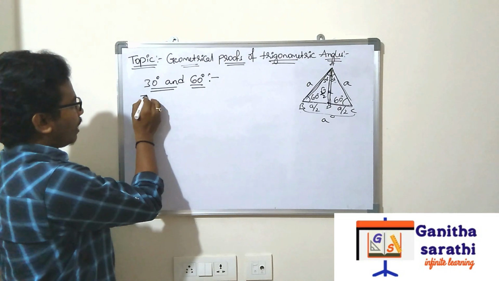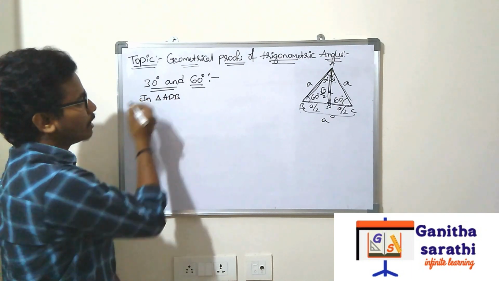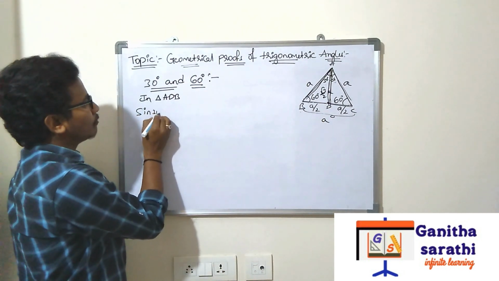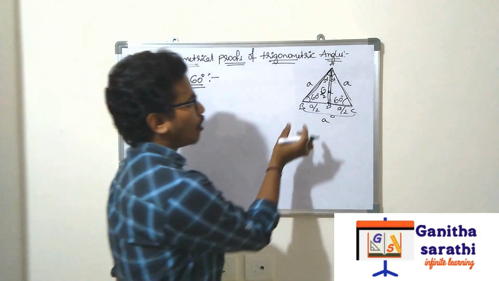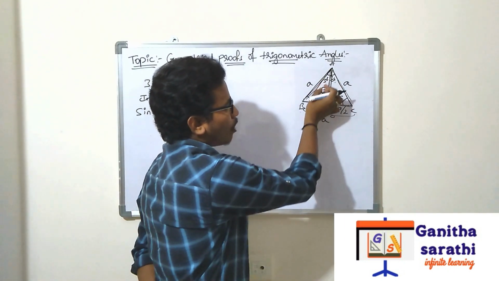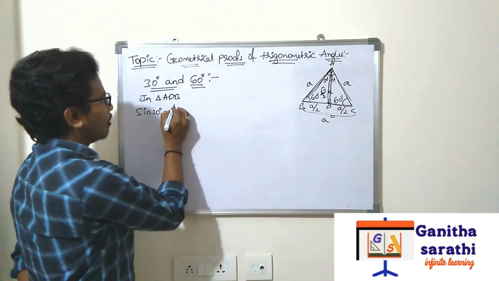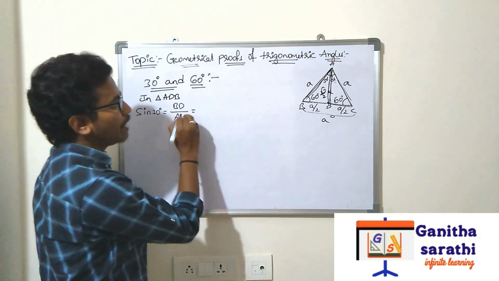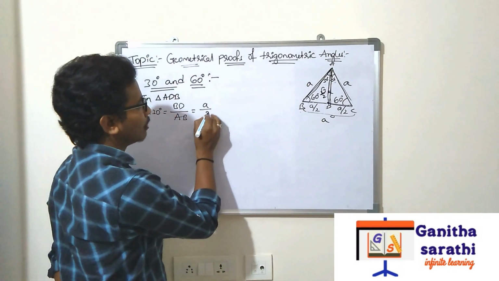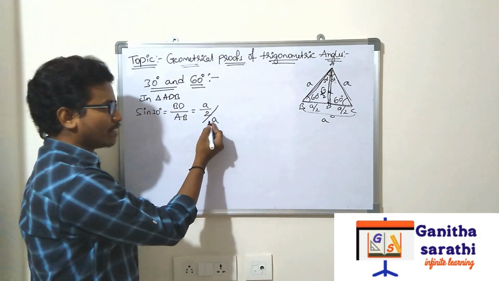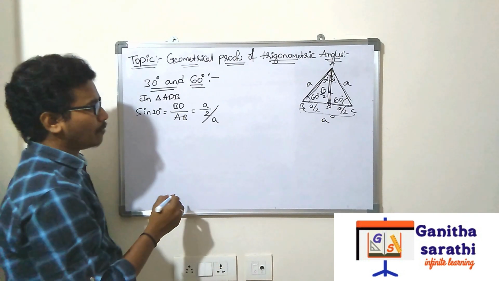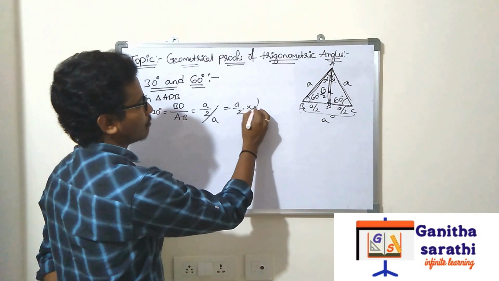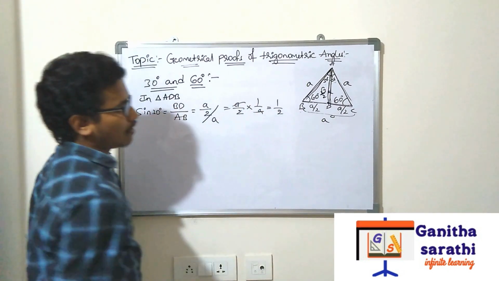So I am doing in triangle ADB. First sin 30. Sin 30 is equal to, what is sin 30 value? Opposite side by hypotenuse. What is opposite of 30? BD, right? BD by hypotenuse is AB. So what is BD value? BD is A by 2 by A. If this A is going into numerator, what it will become? Reciprocal. So we can cancel. All of you know the cancellation, right? A by 2 into 1 by A and A gets cancelled. It will be 1 by 2.